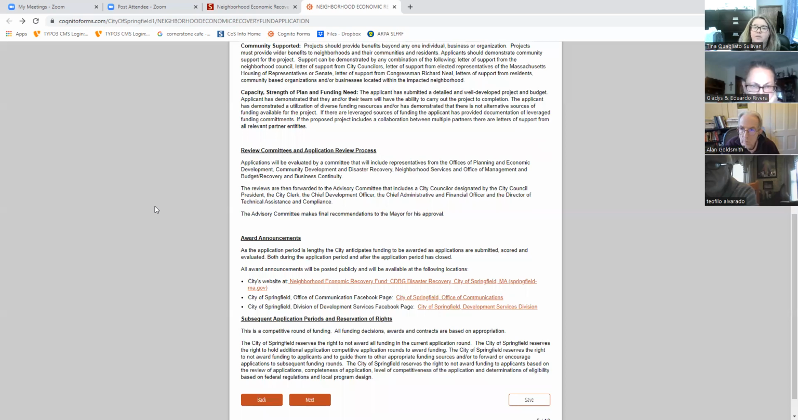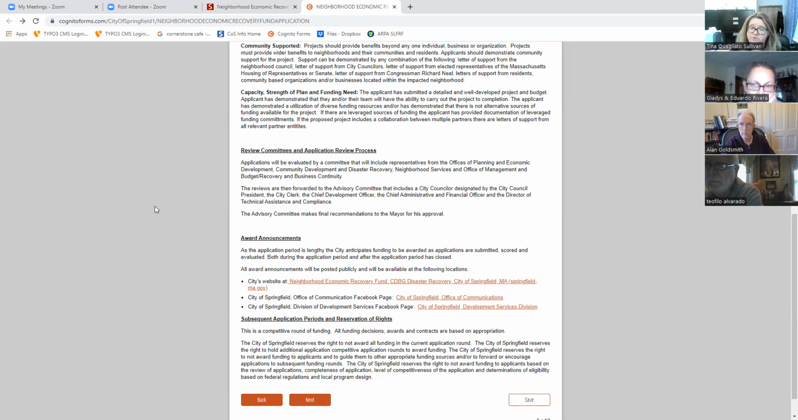So then, like I mentioned earlier, there'll be a review committee. There's two review committees. One is mostly at the department level, so within the development services division and the department that's managing the ARPA funds at the higher level. So planning, economic development, community development, neighborhood services, those folks will sit and review it. And then applications that we believe should be funded will get elevated up to the advisory